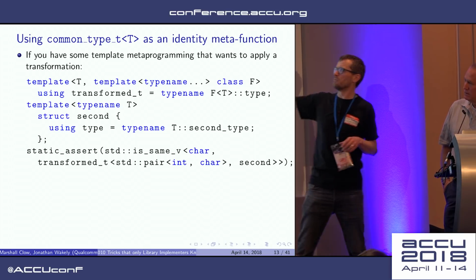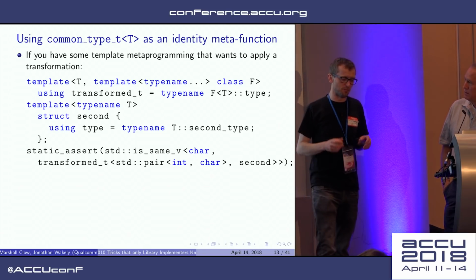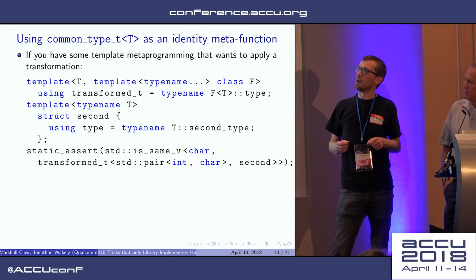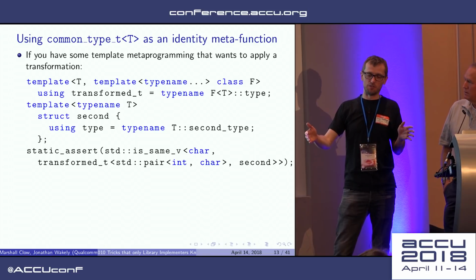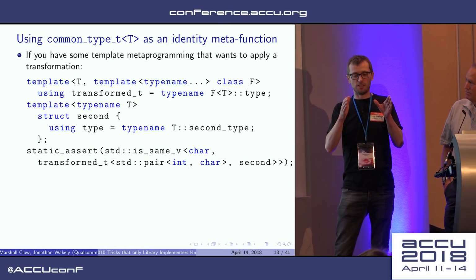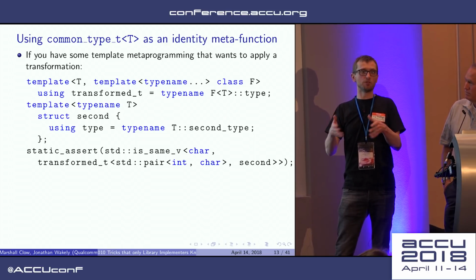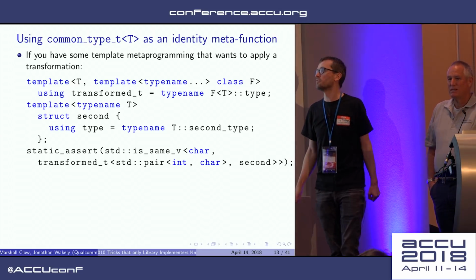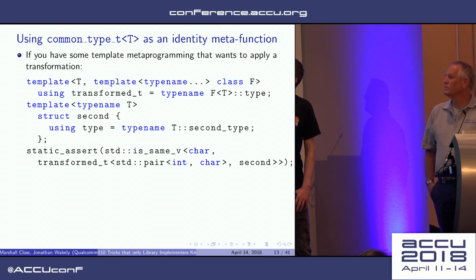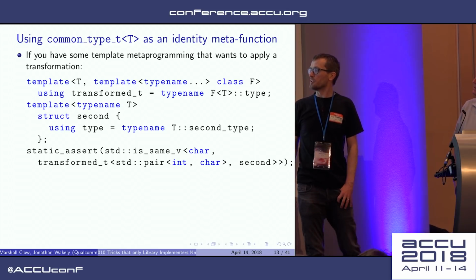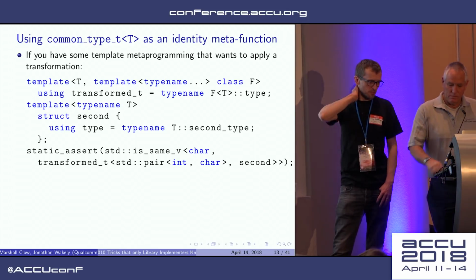When you want to get the key from the value type stored, it would be for first, not for second, we have the same generic code for the red-black tree, and then we use a metafunction like this to say either get me the first member of the pair, which is the key for a map, or just get me the thing itself, because for a set, the thing itself is the key. So if you've got something like transform T that applies a metafunction, if you pop onto the next slide,